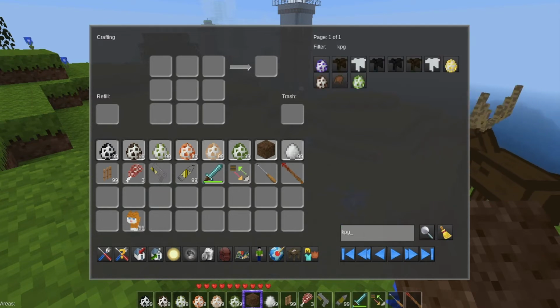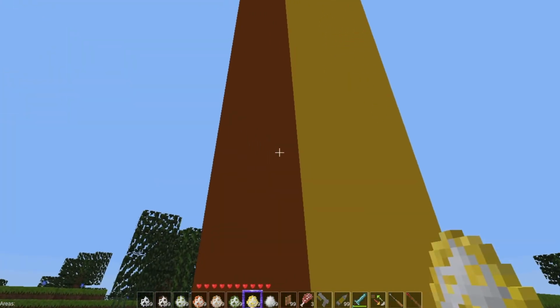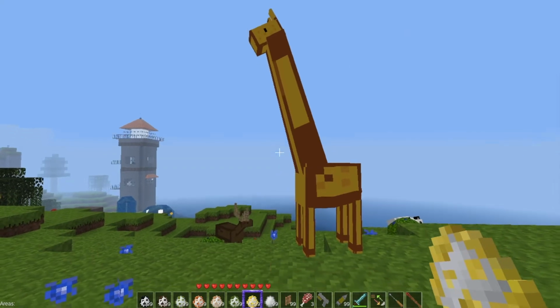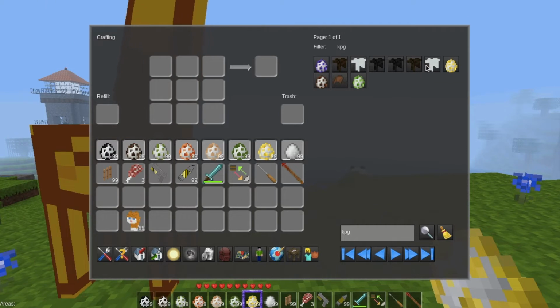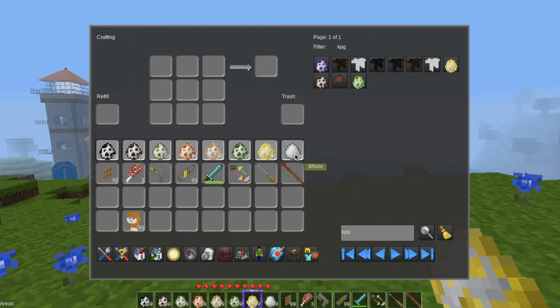what was the other mod? KPG. And this one had deer, bear, wolf, giraffe. Yeah. Okay, let's look at the giraffe real quick. It's kind of cool. You can set up a zoo. Yeah. So brown horse, white horse, Arabic horse, tamed Arabic horse, tamed brown horse. And you notice that, so the saddles,